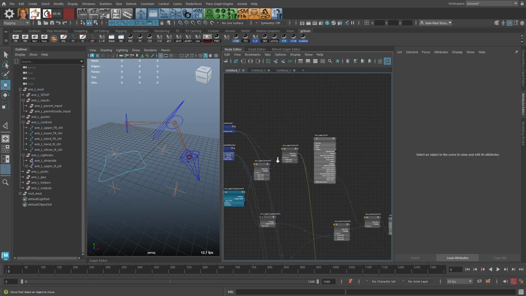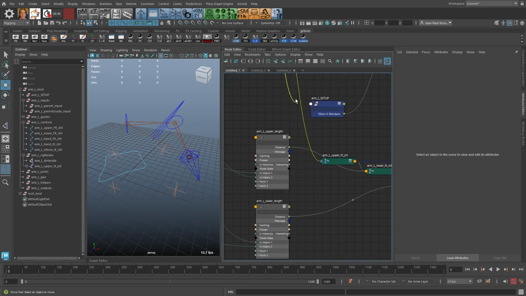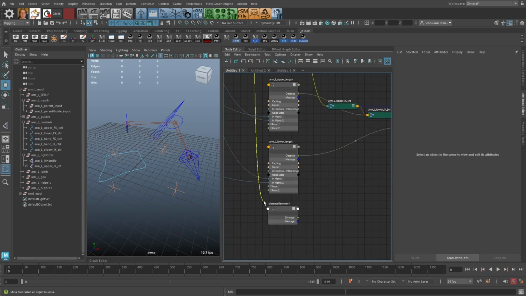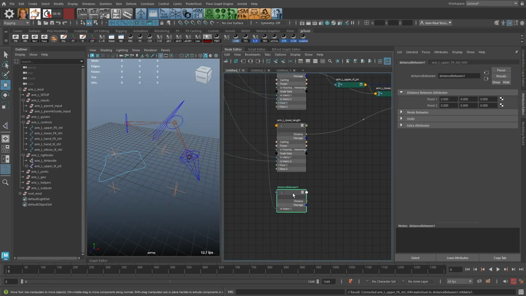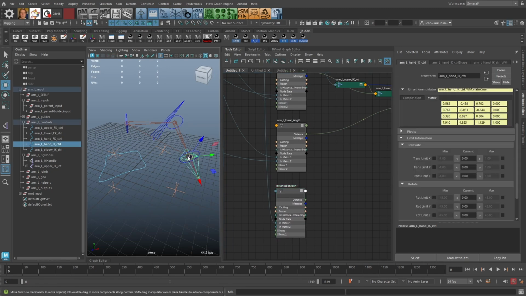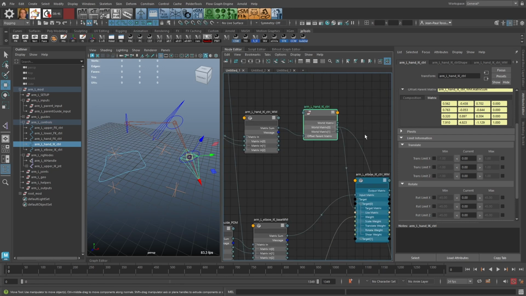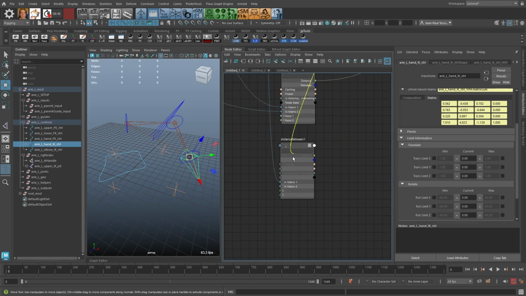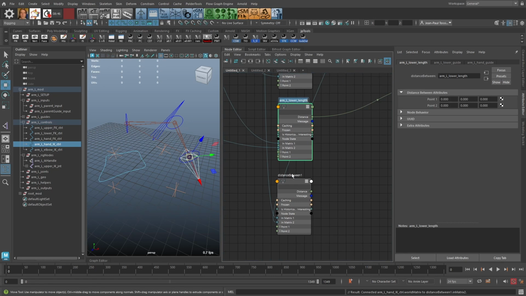So let's take that same connection because we're going to use that position, because that is the basis position of the arm. Plug it into the input matrix, and then for the second matrix we take the world matrix of the hand IK control. So from here, and let's call this arm left length,